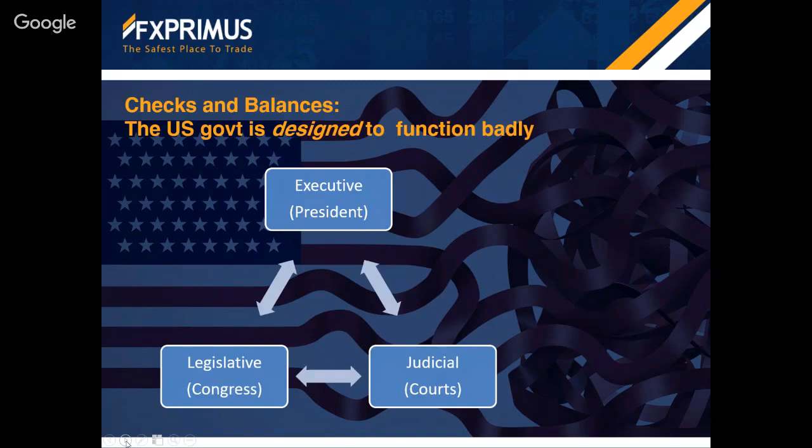Because the people who designed the system back in the 1790s didn't trust people. They were afraid of a dictatorship. So they wanted to put in all these checks and balances so that nobody could control the whole system. And right now they can't get anything done, and that's the way it's supposed to be. The Congress can pass laws, and the president vetoes them, and the Supreme Court strikes them down as unconstitutional. That's exactly the function. So you can see that the powers of the president are greatly circumscribed. It does have some powers indeed.